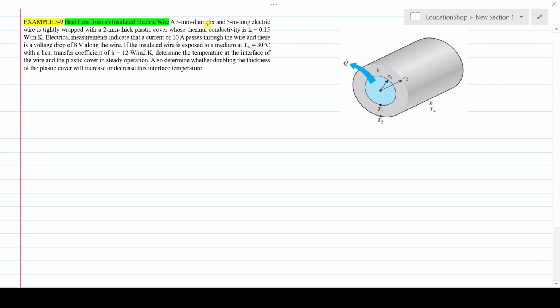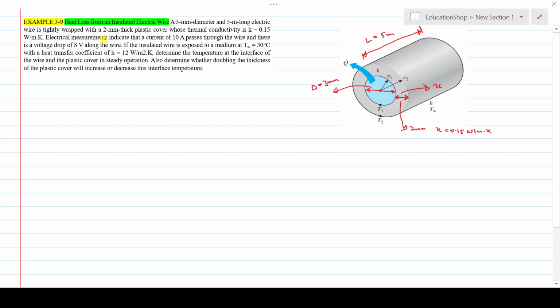The diameter of the wire is given, that is 3 millimeter, and it is a 5 meter long electric wire. The length of the wire is 5 meter. It is tightly wrapped with a 2 millimeter thick plastic cover whose thermal conductivity is 0.15 watt per meter Kelvin. Let's say the thickness of this plastic cover that is provided over this electric wire is x, and it is